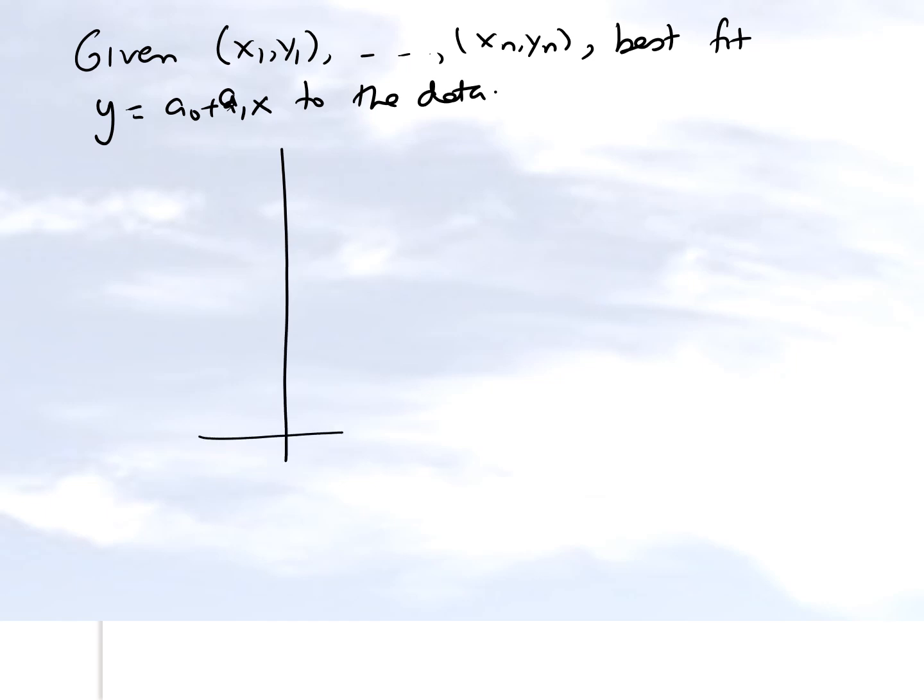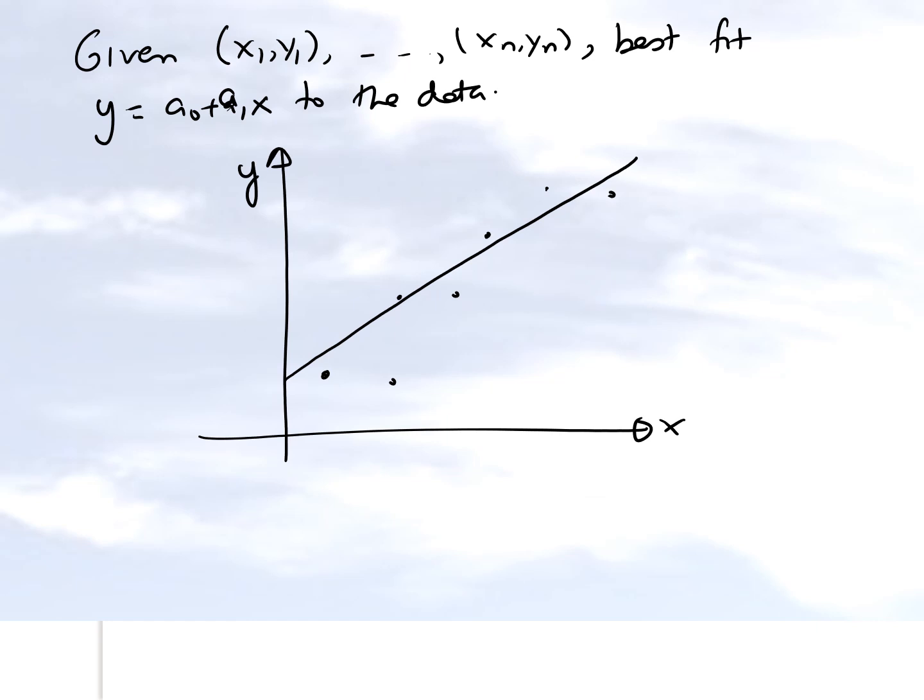So if we had, let's suppose, some points given to us as y as a function of x, what we want to be able to do is draw a straight line which will best fit all the data points which are given to us. So assuming this point is x of i comma y of i, then we know that this line we are writing as y is equal to a0 plus a1x. That means that if I choose this point right here, that coordinate will be x of i because it's the same x value, but the value of y there will be a0 plus a1x of i.